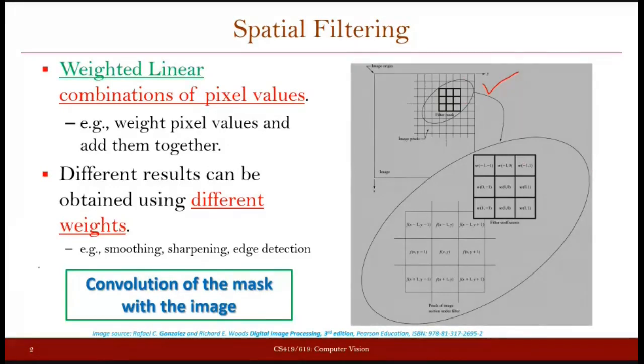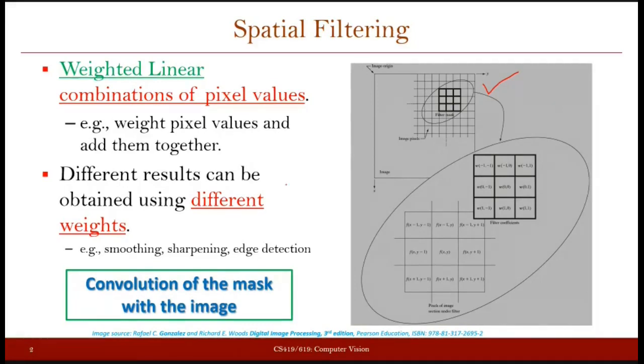Okay. So if you remember, in case of spatial filtering, at the end we discussed two important operations. One was convolution and another was correlation. In case of correlation, this filter was used as it is, and it was placed all over the image at all possible pixels, and the values were computed, and when you put all the newly computed values for all the pixels together, you get a new image.